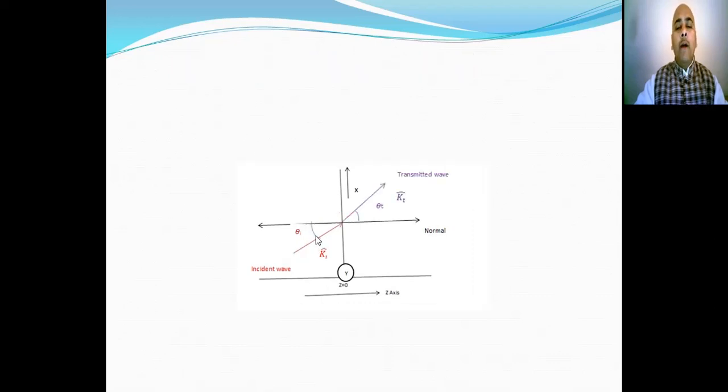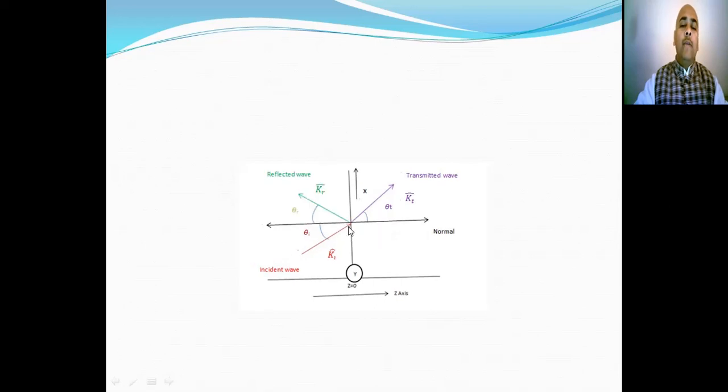Now some part of the electromagnetic signal is transmitted into medium 2, and while transmitting into medium 2, let us suppose the wave makes angle theta t with the normal, and some of the wave is reflected back into medium 1, and let us suppose the reflected wave makes angle theta r with the normal